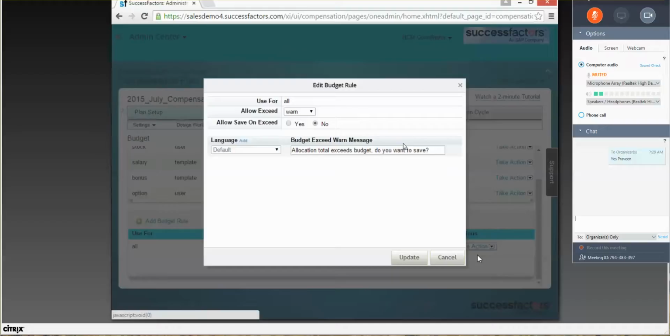Exceeds the budget. What do you want to do? Whether you want to allow the employer or planner to save it and send it to the next level, or give him a warning message or an error message, how do you want to do that? When you say allow, you allow a planner to go beyond his budget and define some rating, some values for appraisal. Whereas if you say warning, it allows you, but with a warning message saying, okay, allocation total